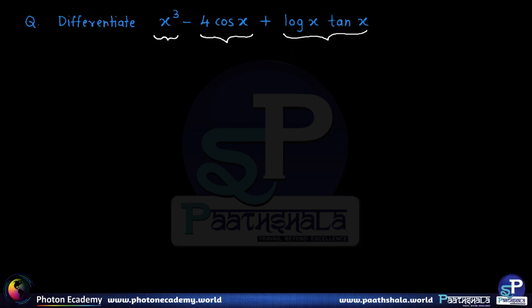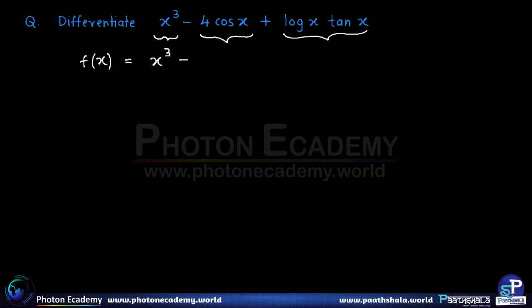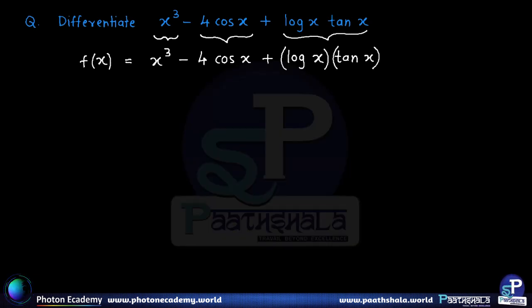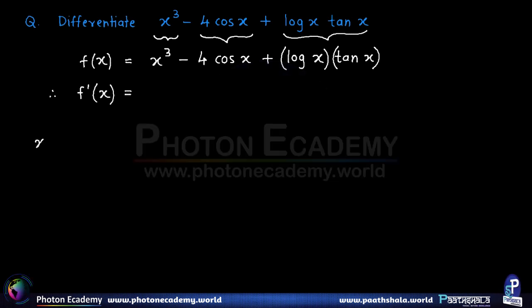Now let us denote this particular expression as, say, f of x. So f of x is equal to x cube minus 4 cos x plus log x tan x. Now we have to understand that log x tan x is the product of log x and tan x. Okay? So therefore the derivative, which is f dash of x, is given by, if you observe the first function x cube, that is of the form x raised to n, right? And if we remember, the derivative of x raised to n is n into x raised to n minus 1,